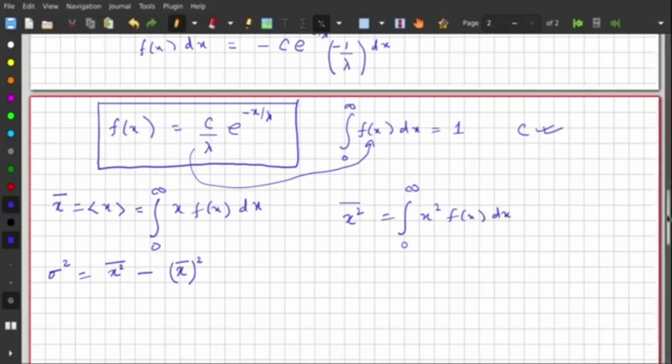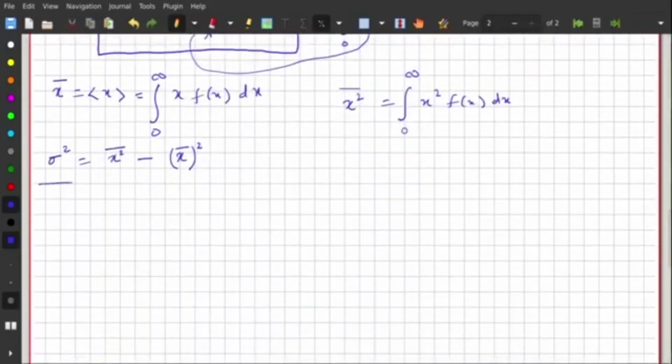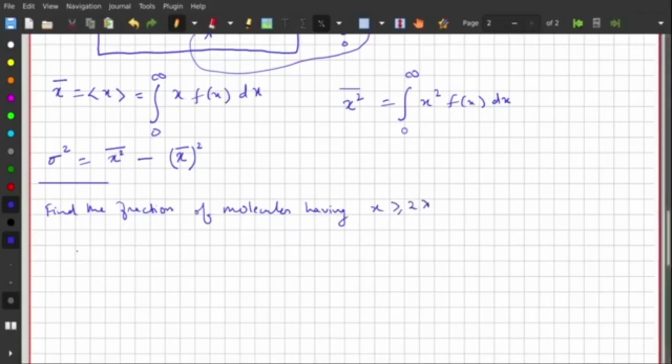Now let's see, given f of x, the question is to find the fraction of molecules having x greater than or equal to 2 lambda. What they're asking is, we want to find the probability of finding a particle at x greater than or equal to 2 lambda. That is what we need to find out, and that is given by